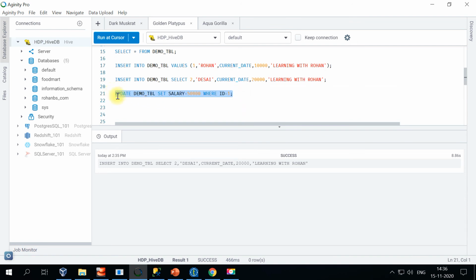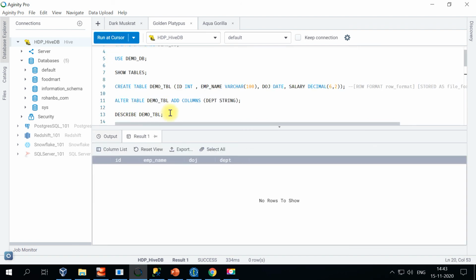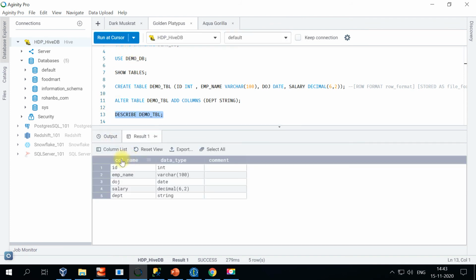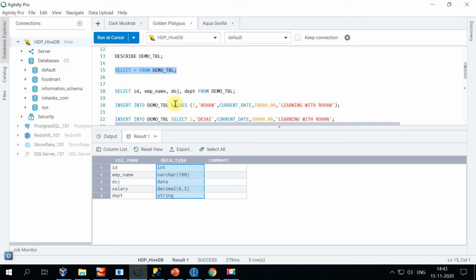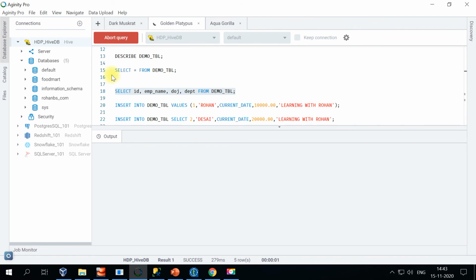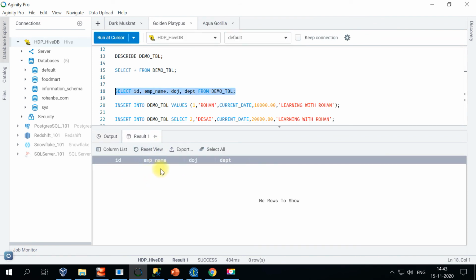So only one record where the ID is equal to 1, the salary will be updated. Okay, so the describe table name command statement is used to list down all the columns that are existing in a particular table. It will also show the data types. And moving on, select star from a table will show the data from a particular table. You can do either star to get all the column names, or you can even choose particular columns from a database. Okay, so this is how it shows the column names on the top, and the data we don't